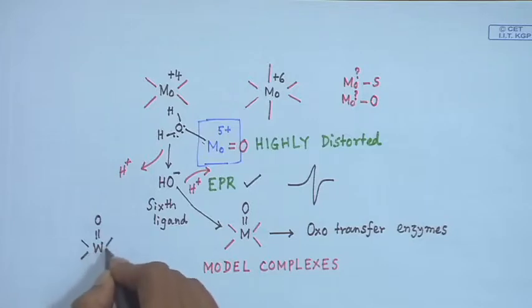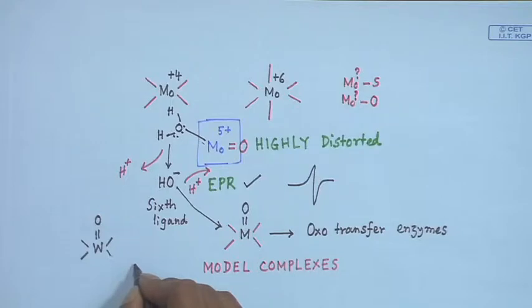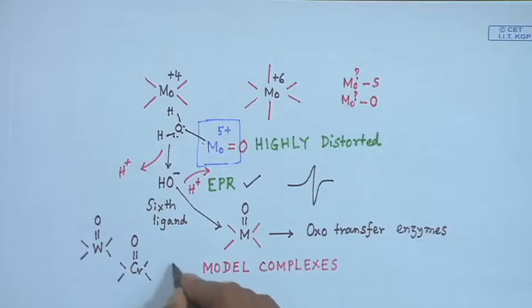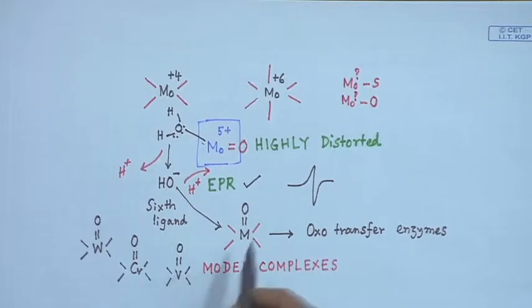So, other donor groups are available, and we also see the corresponding 3D analog of this group, that means chromium, molybdenum and tungsten. Chromium is also well known for forming the corresponding chromium oxygen bond, and in some of these species we have the vanadium oxygen bond. All these metal ions have a typical tendency to activate,